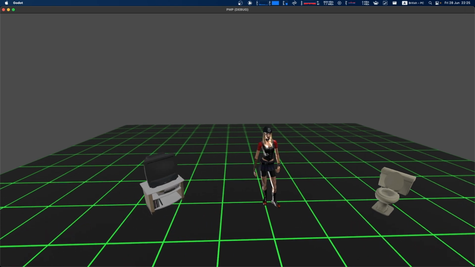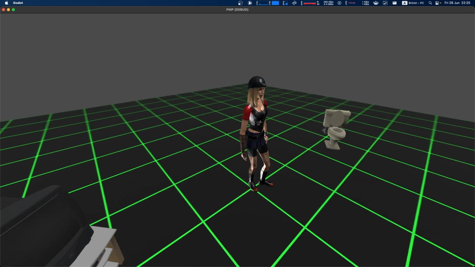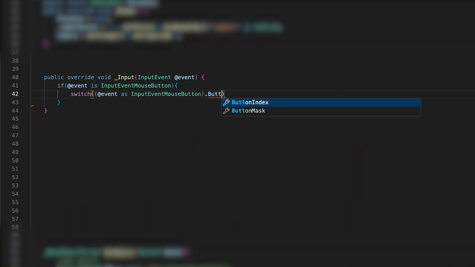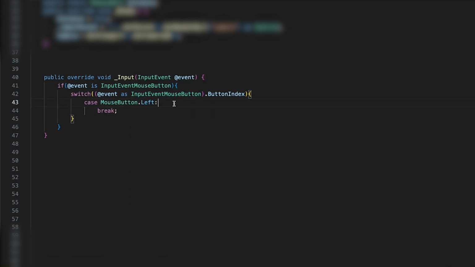So let's say you have a scene in Godot where you want to grab the object under the mouse. Let's use raycasting to grab the object. First, within our input function, check our event and see whether it's the left mouse button. Then we want to grab the mouse event's position, save that as a Vector2.